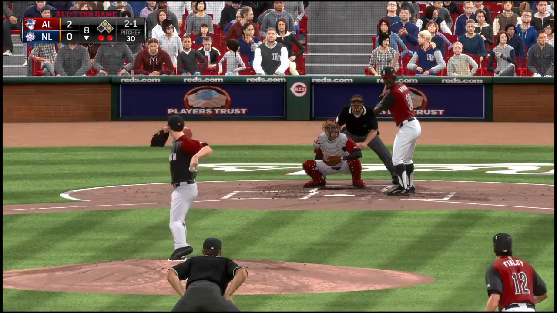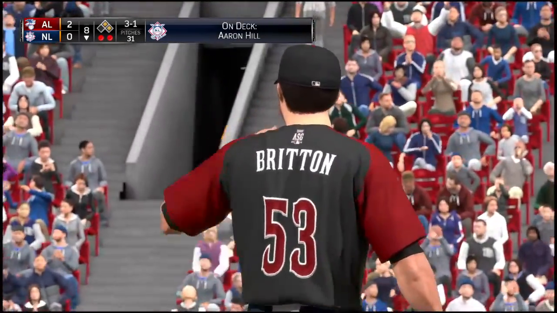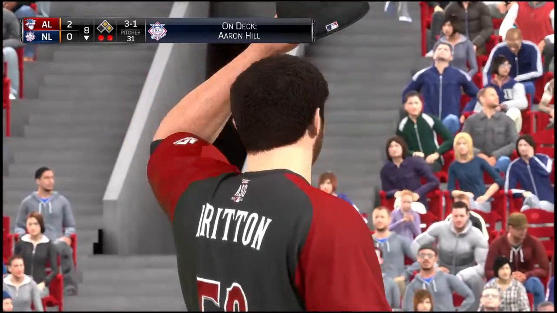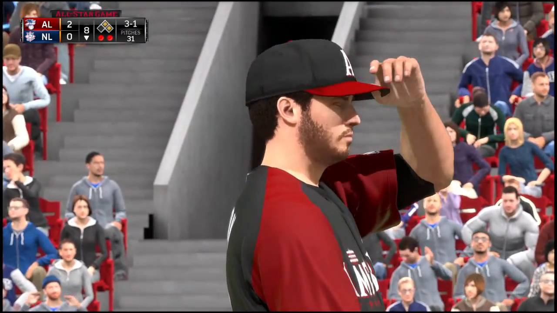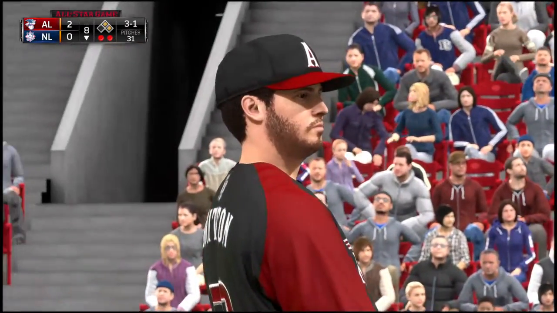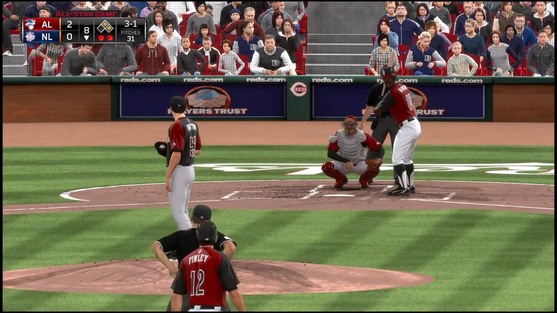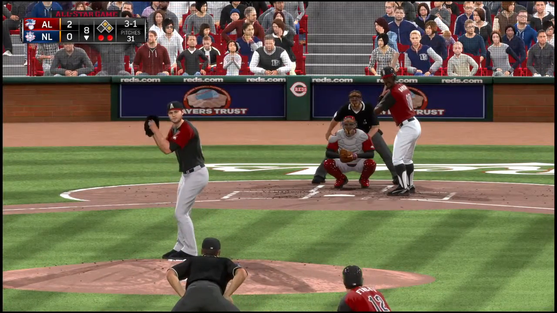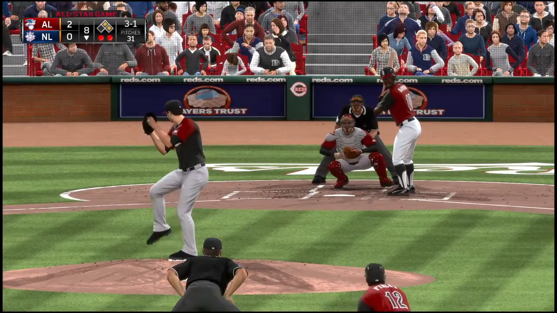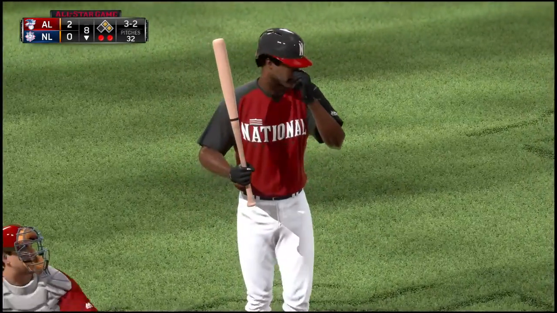Ready on 2-1. He's fallen behind now, 3-1. He knows the drill out there. You've got to make him swing the bat, and not be giving up walks at this stage of the game, because those could be fatal. 2 men are on with 2 men out. Now the 3-1. Fastball in there, 3-2.